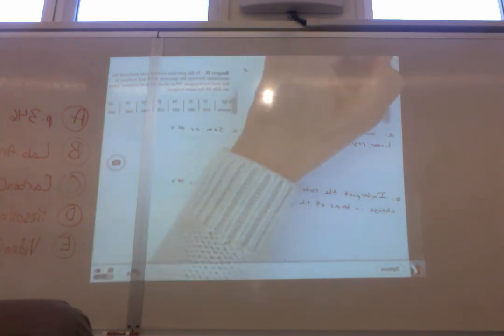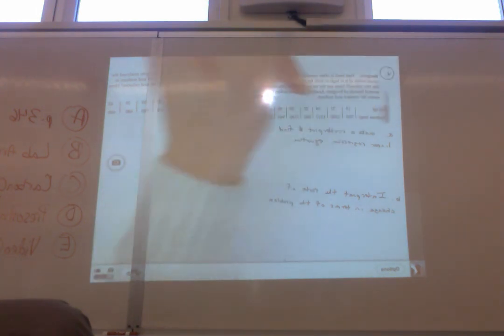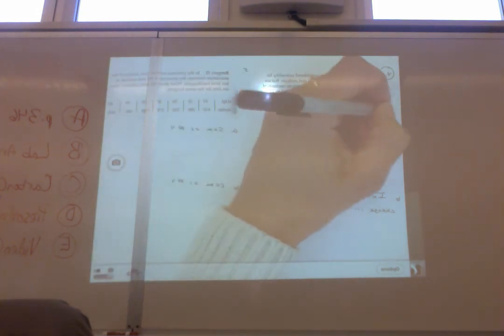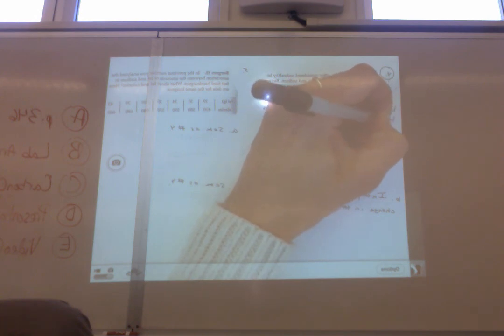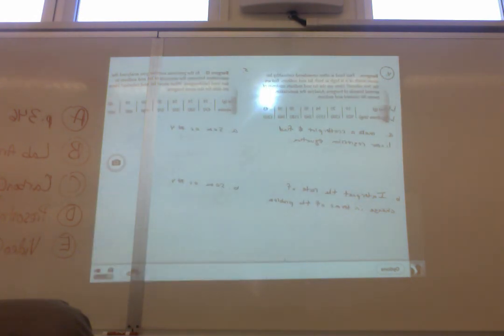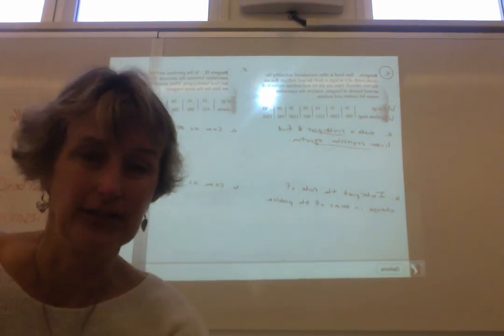I'm going to walk around right now as you get started on number 4. You're going to put this in list 1 and this in list 2. Okay? And then scatter plot and linear regression, and eventually you're going to talk about interpreting that scatter plot. Okay, so get started.